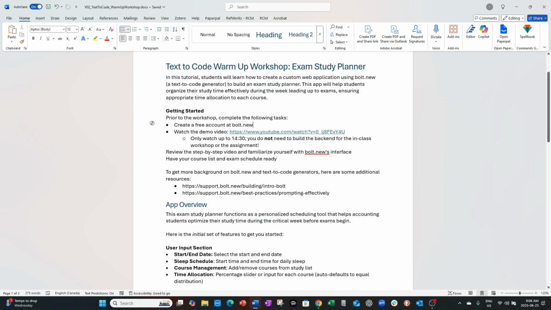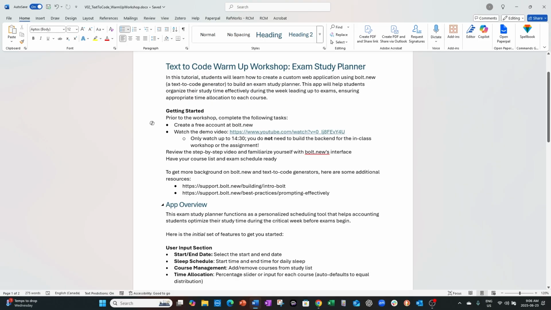So this is the warm-up exercise for our Bolt.new assignment, which is our last assignment where we'll be looking at vibe coding. So do check out the videos and other pre-read materials. I've included some in here, but do check the Learn site to understand what you have to do to prepare for this